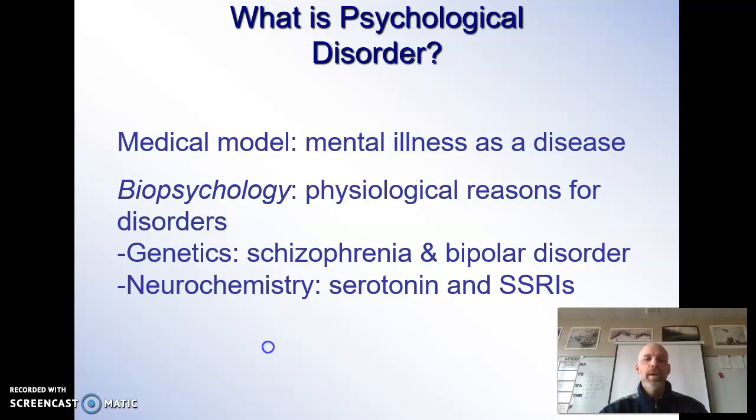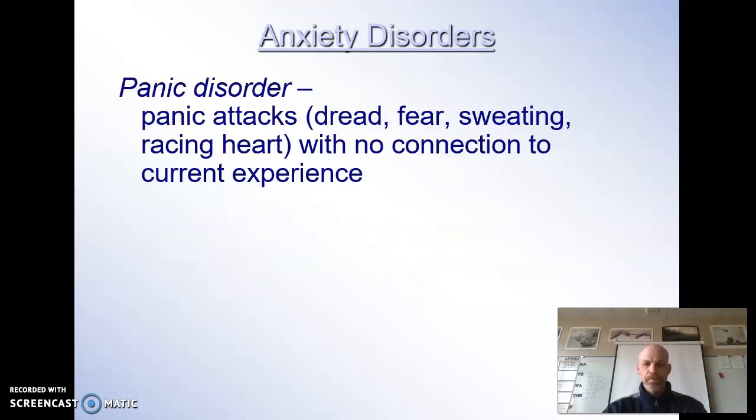And then, of course, neurochemistry. We talked about this in Chapter 3. Serotonin, if you remember, that's that mood neurotransmitter. And if there's an imbalance in serotonin, it can severely affect our moods. That's where we get our SSRIs, the selective serotonin reuptake inhibitor. But you can see here, this is all based on the idea that it's our physiology that's causing some sort of mental disorder, mental disturbance.